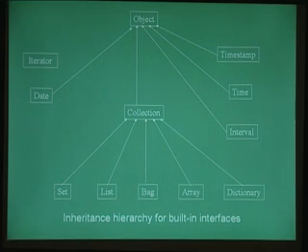Any interface somewhere in the hierarchy will inherit all the interface elements, like the method interfaces, of all interfaces above it in its hierarchy. So as seen in this figure here, the object interface is the topmost interface. So every object